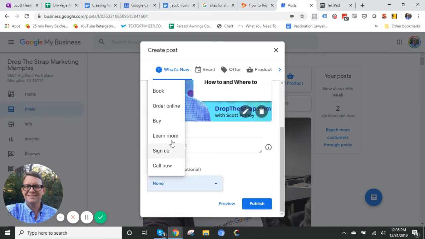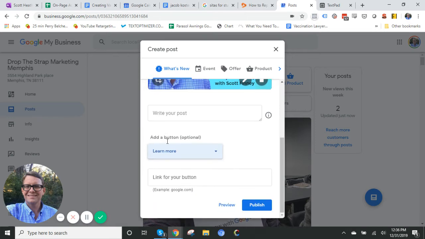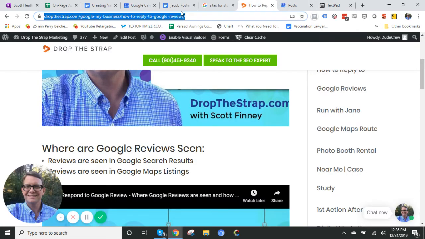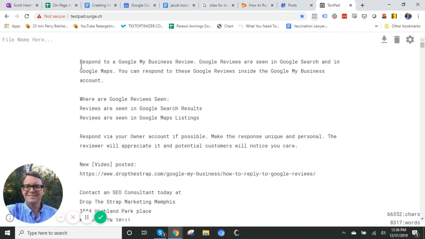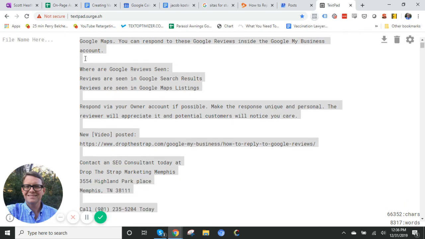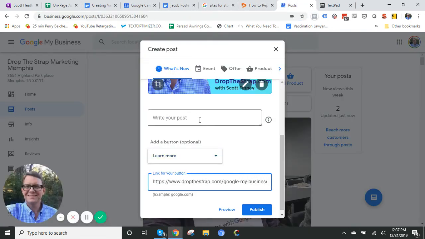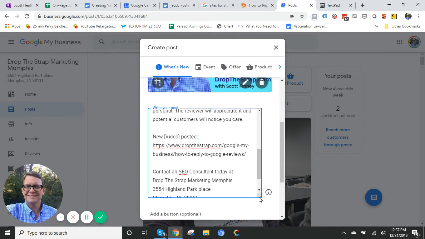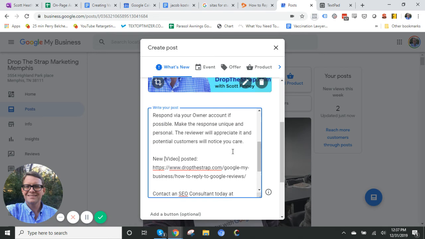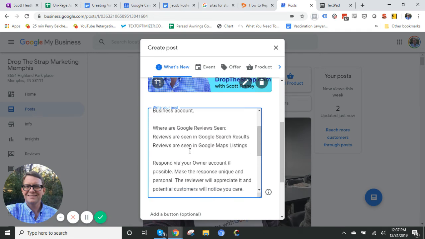All right, we're going to make a button, learn more. And when you select that you're going to add a button, it gives you the ability to put a URL. For this, I'm going to use the URL of our post that we're sharing. And then I'll come over here and grab all this text, copy. Notice I'm including the phone number, name, address, and I'm also including the URL that is a button down there, but also into the text. So